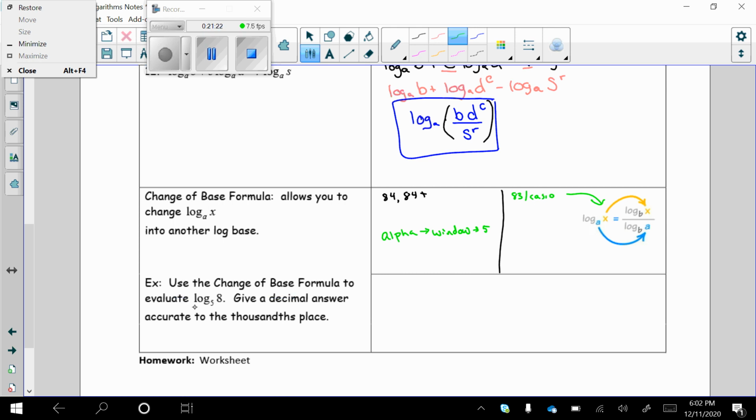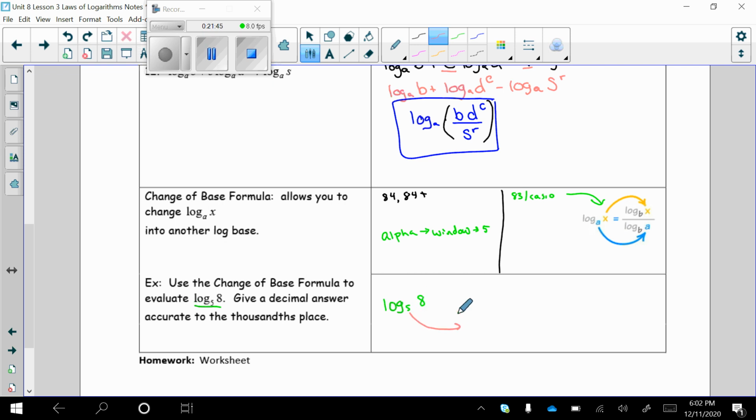So you just change your base formula to evaluate log base 5 of 8 and then give an answer and then just use your calculator to solve it from there. But you have to change the base to solve it. And so log base 5 of 8 changes so that we have this on the bottom and this one on the top. And so we're going to do